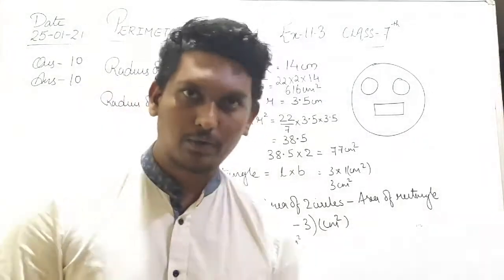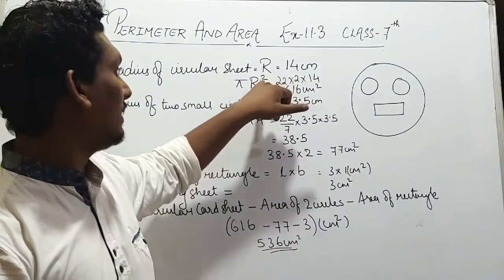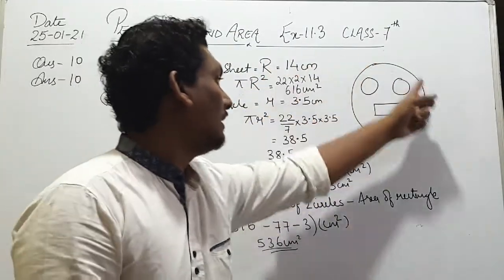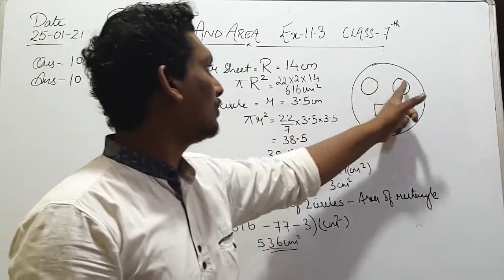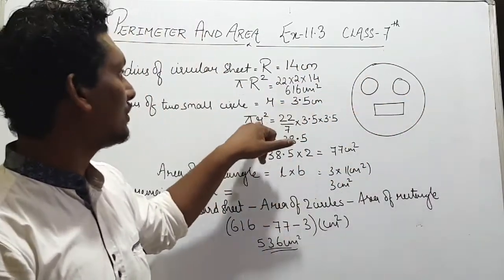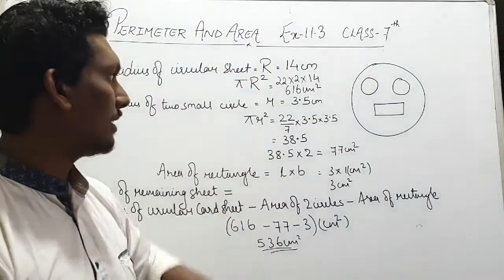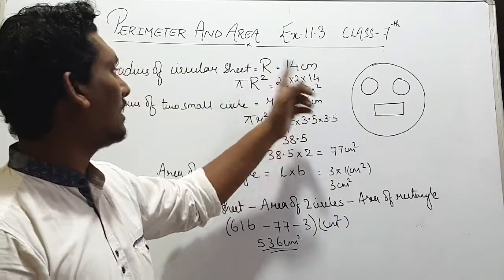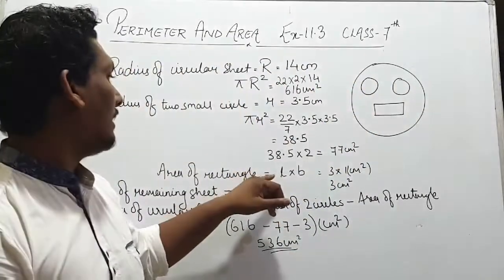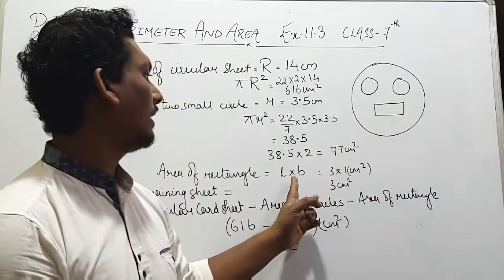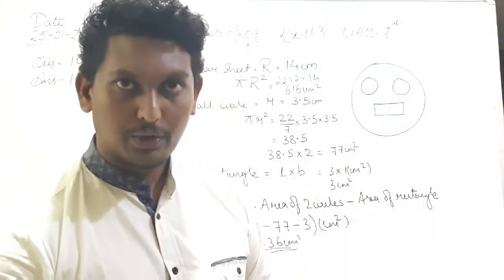So this question is homework for you. Most of the things I have cleared here. That's why we have used capital R here, for the big circle. And for small r, these two circles are there, that's why we have used small r here. So don't get confused why we have used capital R and small r here. For the big circle, I have written capital R. For the small circle, I have taken small r, right? And the rectangle area, that is length into breadth. Okay, hope this question is clear to you.